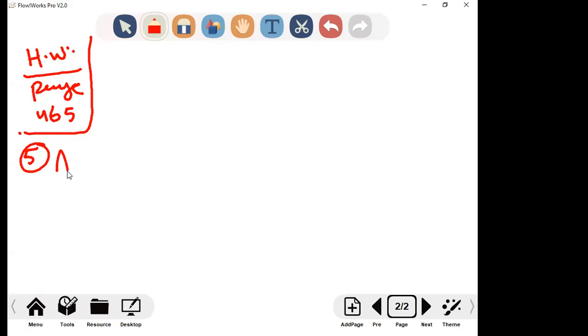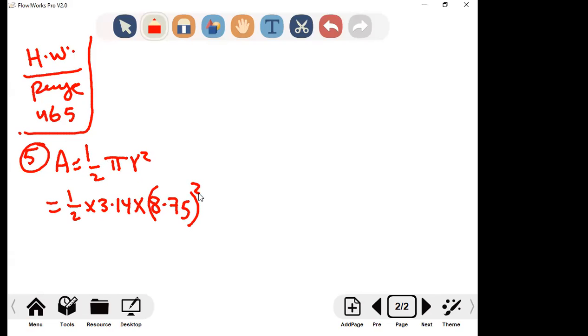It was A equals half pi r power 2, half of the circle, which is equal to half multiplied by 3.14. And the radius here is given, which is 8 and 3 over 4, yani 8.75 power 2. You can use 8 and 3 over 4, it's okay. So this is equal half times 3.14 times 8.75 times 8.75. The answer will be,